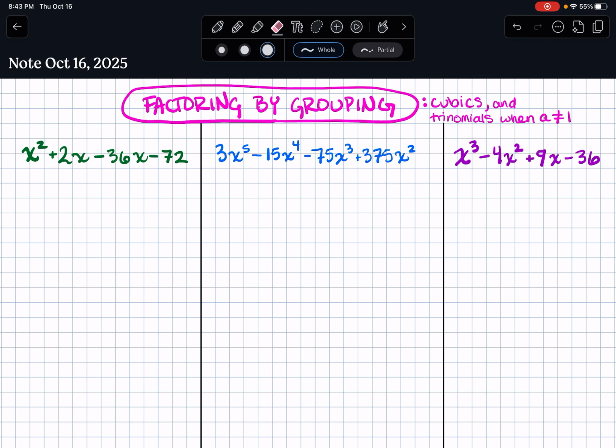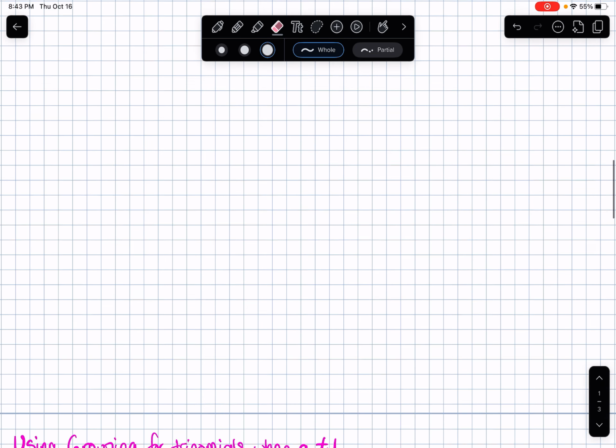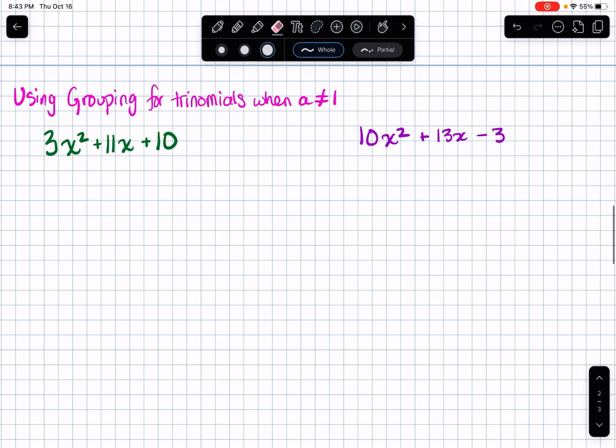Hello, in this video I'm going to review factoring by grouping. First I'm going to show factoring by grouping when we are trying to factor cubic polynomials, or polynomials with a degree even higher than a cubic. But then I'm going to also take this a step back and apply it to some Algebra 1 problems that